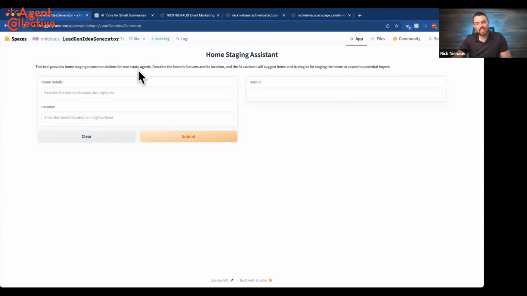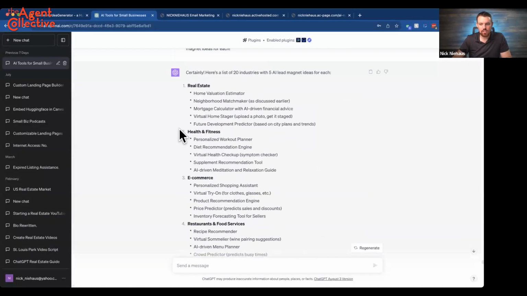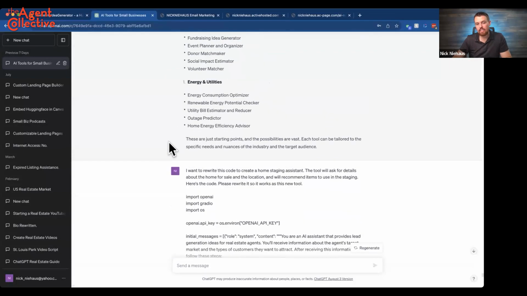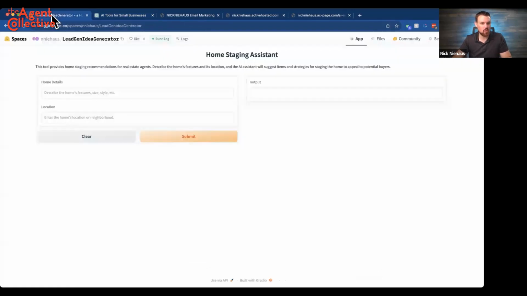What's interesting is the reason it did that is because over here in this AI tool chat, these threads inside of ChatGPT actually remember what you've said in the past. And I've told ChatGPT in this particular chat thread that it's supposed to make tools for real estate agents, right? So it remembered that, and it actually referenced it in the tool, which is just kind of funny, right? So here you go. You got home details.